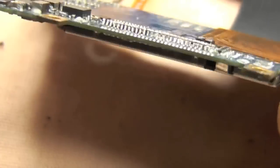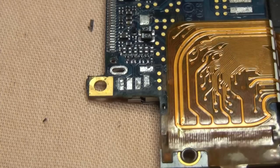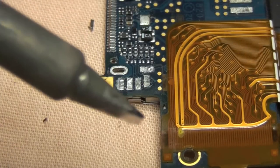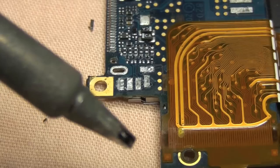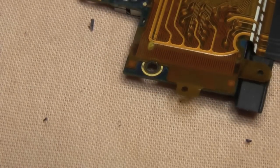I'm just removing a little bit of plastic that has been left behind because we don't want that fouling up the solder iron. So first off, we're going to apply some flux to this. This will just make the whole process a lot easier. There's the solder tip. It's quite a wide one, at 350 degrees C. Apply some solder flux,